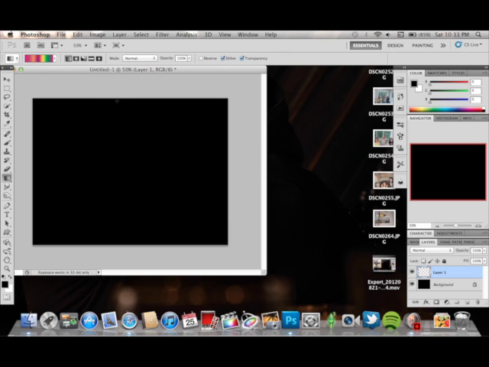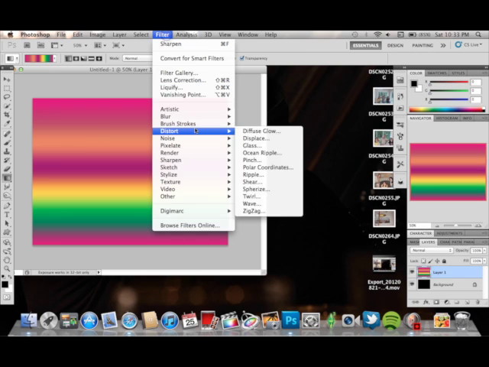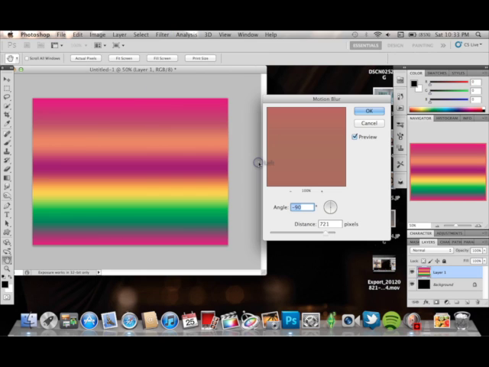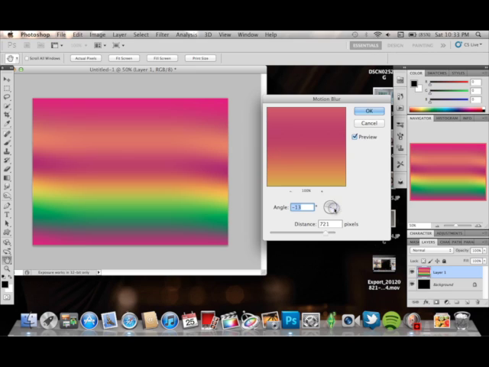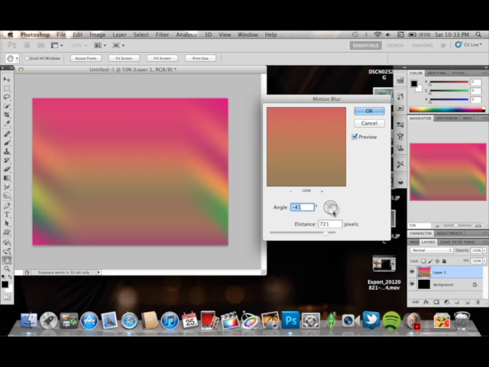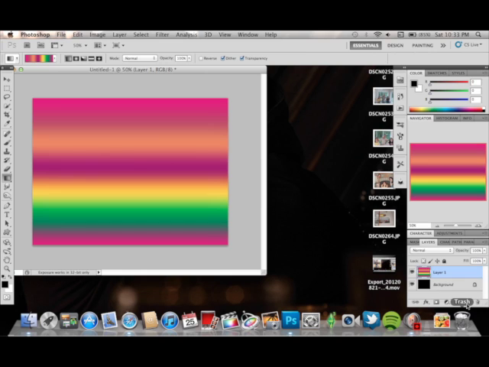Just do it like that. And then you go to filter, go to blur, motion blur, 90-degree angle-ish, something like that. Yeah, something like this. Alright, that's too much. And then click OK, and then you're going to have to make another new layer, and you're going to have to go and do filter,